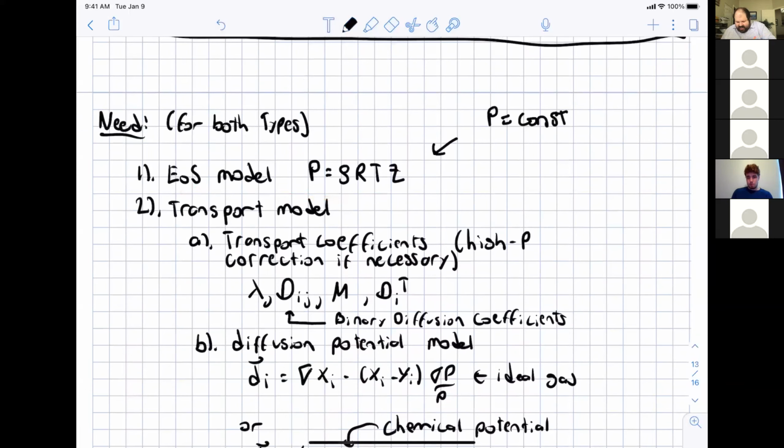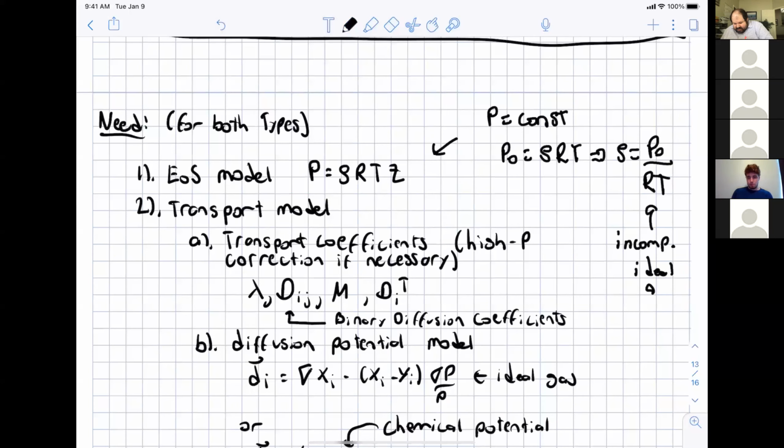Then you would say that P naught equals rho RT, or rho equals P naught over RT. Okay, this would be a so-called incompressible